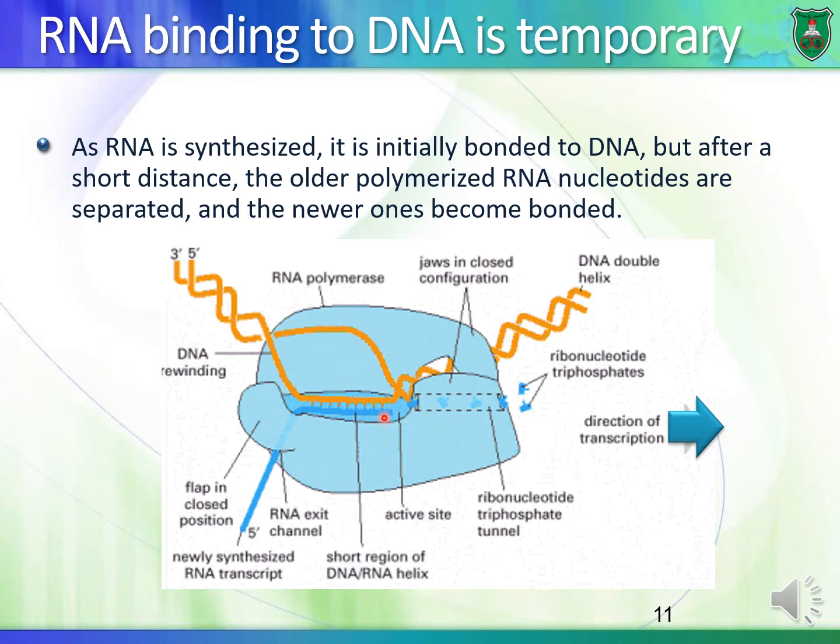Two, part of the messenger RNA, or the RNA in general, is hydrogen bonded to the template itself. So as the RNA polymerase is moving forward, you have separation of the older parts of the RNA and hydrogen bonding of the newer part of the RNA with the template. Now,